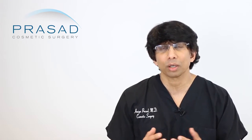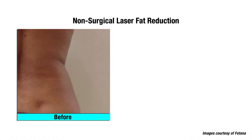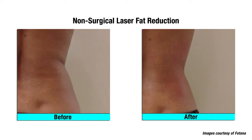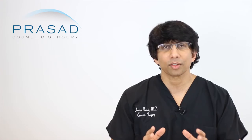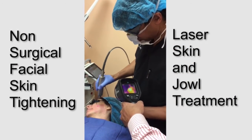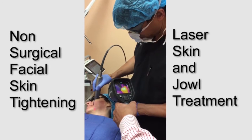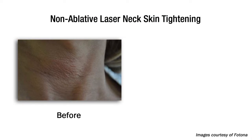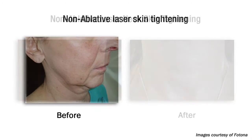So in the modern world, we have a variety of technologies that offer basically dermal tightening as well as non-surgical fat reduction using various methods of heat induction, whether it's radiofrequency, ultrasound type of technology, as well as laser technology. So the principle of this concept is to induce a certain level of heat for a certain amount of time in order to induce tightening of the skin. And by tightening the dermis up to a point, you can actually improve areas such as jaw lines and jowls,